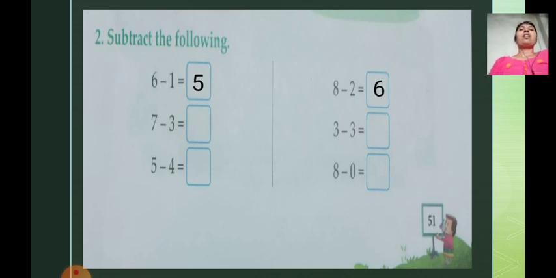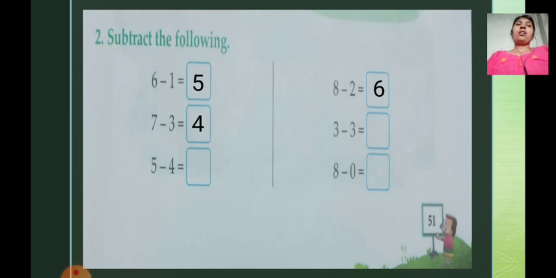Yes. Now the next example, 7 minus 3. Now count from lower number 3 to the 7. Okay. Count from 3. After 3: 4, 5, 6 and 7. How many fingers are there? 4 fingers. So our answer is 4. So write down the answer in the box. You have to copy down all answers in your textbook.